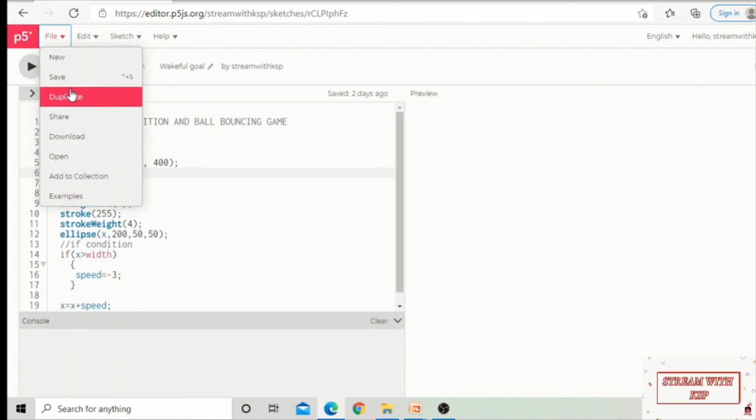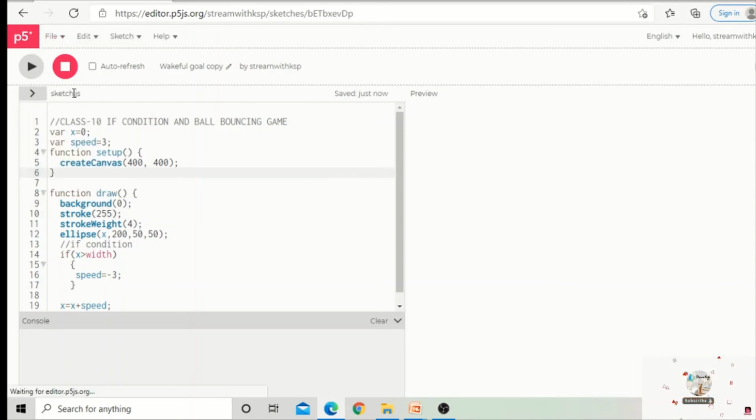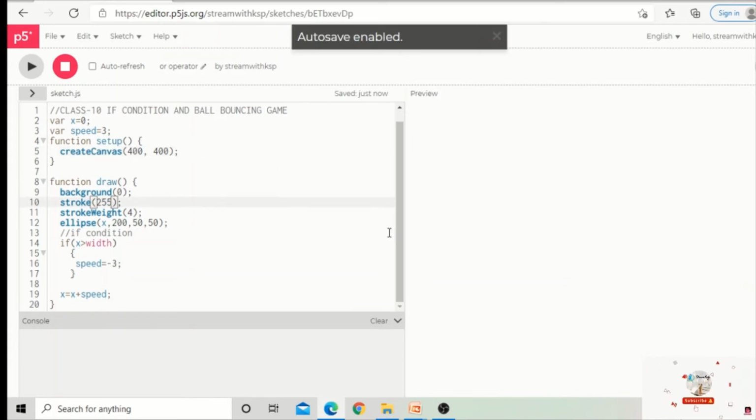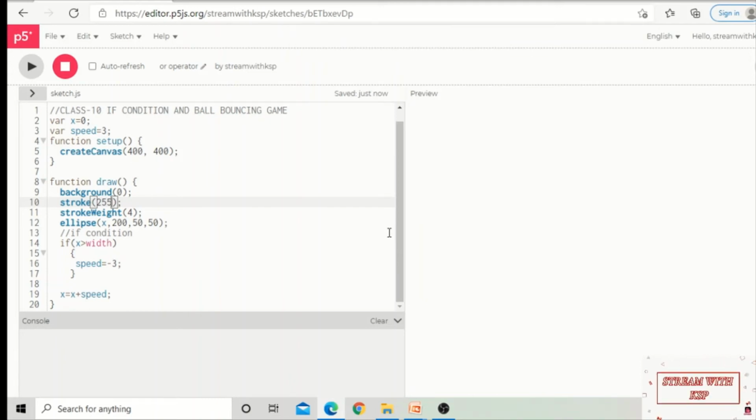I already told, if you want to create a second file of this, we can click on duplicate so that we can make a second copy. And here I am writing, this is about the OR operator program. And now you can see what I am going to do. Here my task is using the logical OR operator to execute any one of the conditions.